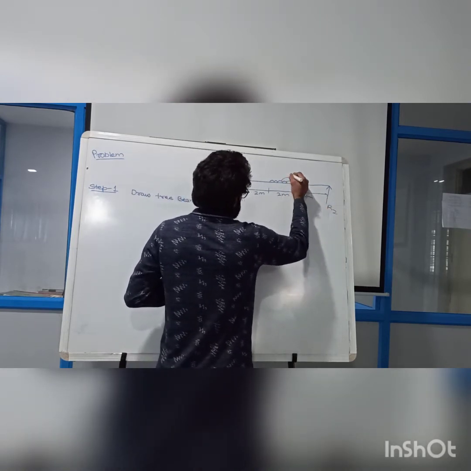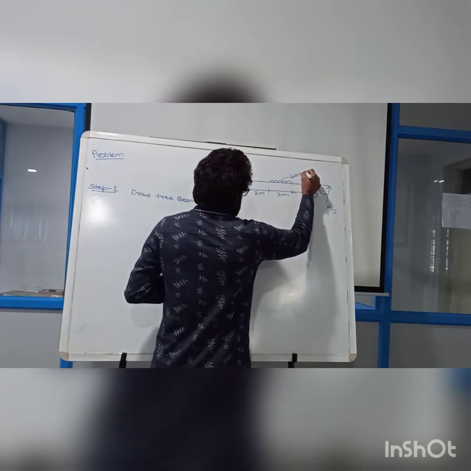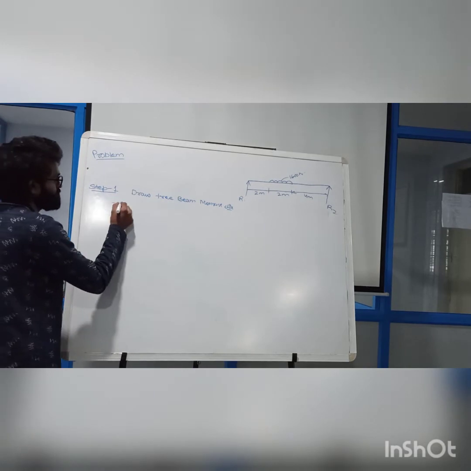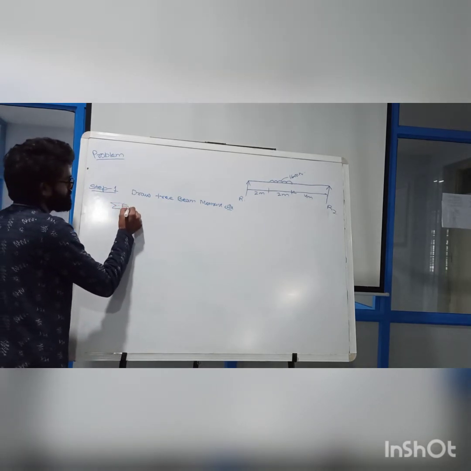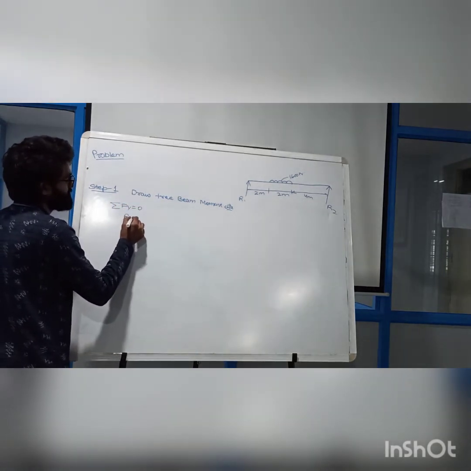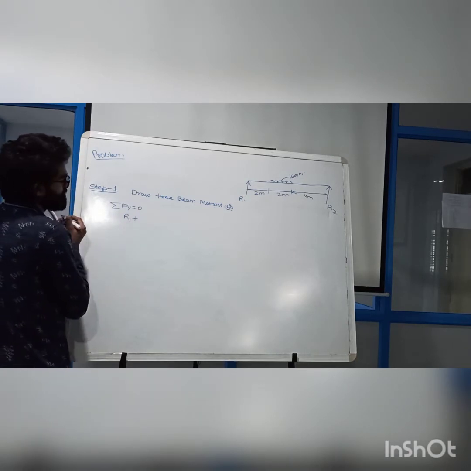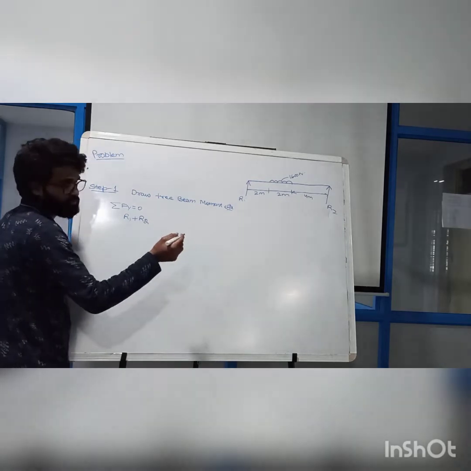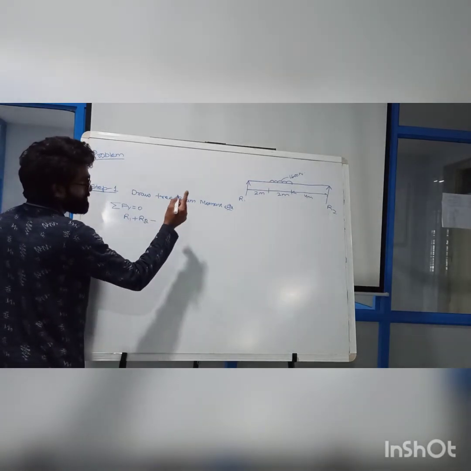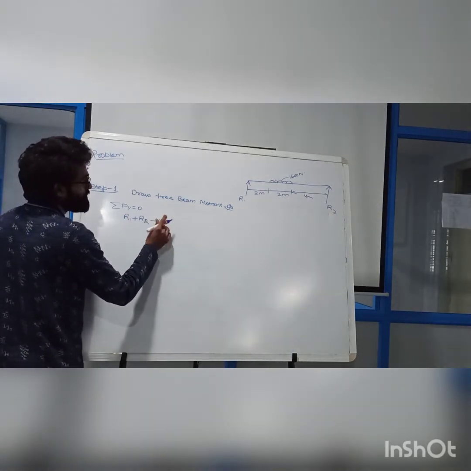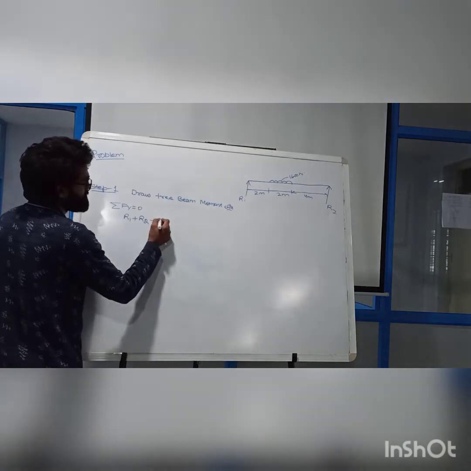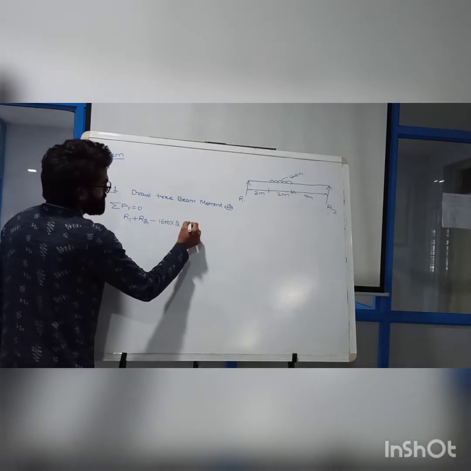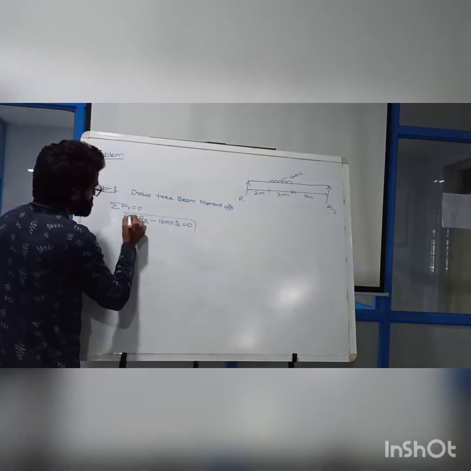So let us solve this out. You all know how to calculate. First, summation of Fy is equal to zero, so I will get R1 plus R2, and this W is acting. You all know this is the UDL. So the UDL will be converted to a point load, W into X. X distance is how much? 1600 into the distance 2 is equal to 0. This is equation number first.